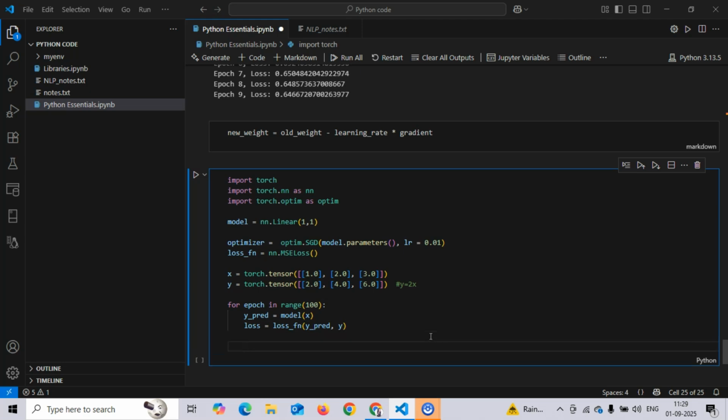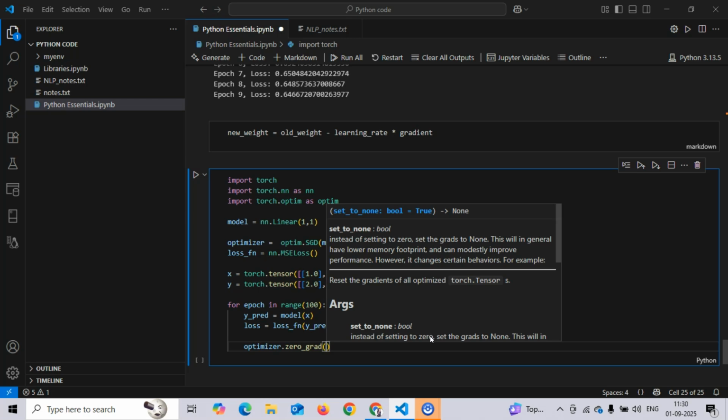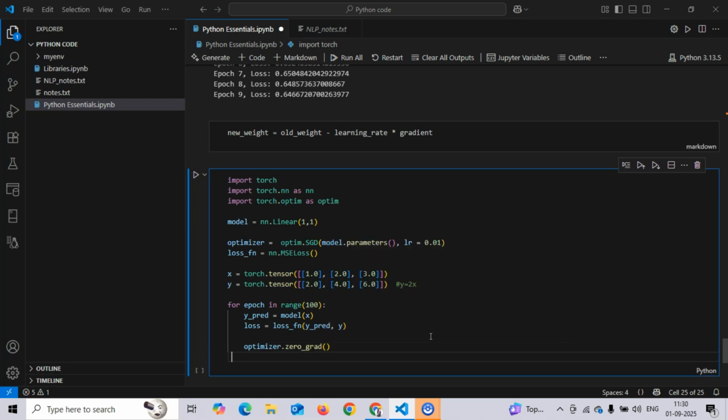Now comes the part where you reset the gradients, which basically makes sure the optimizer has zero gradient. We'll start with zero and then calculate everything. So we have the zero gradient where we are resetting the gradient. Just make sure to remember these words: reset the gradient. The second part is where we calculate the gradient, and based on that we apply the weights.